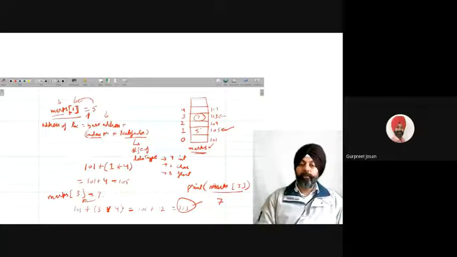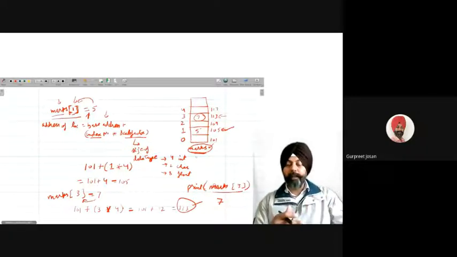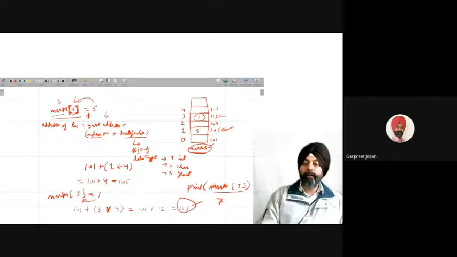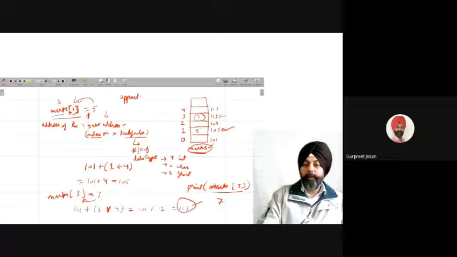So what is the importance of the index number? Index numbers are used to access the memory location. We have only one name, and within that name, how can you access a location? Using the index number. It is equivalent to an apartment building.